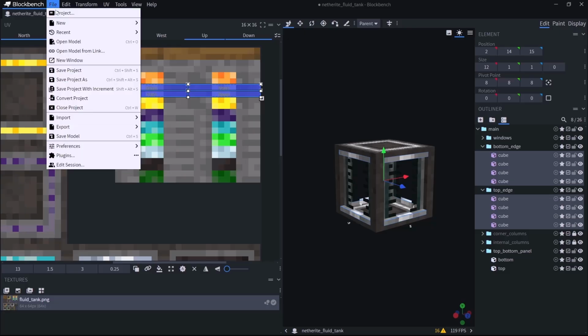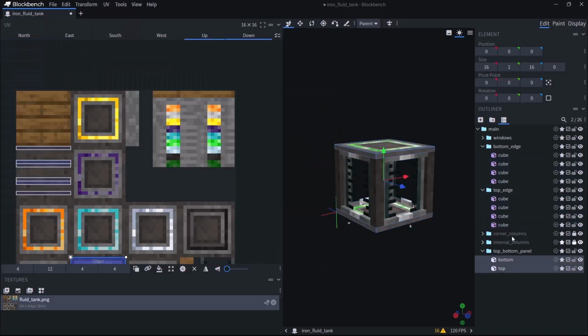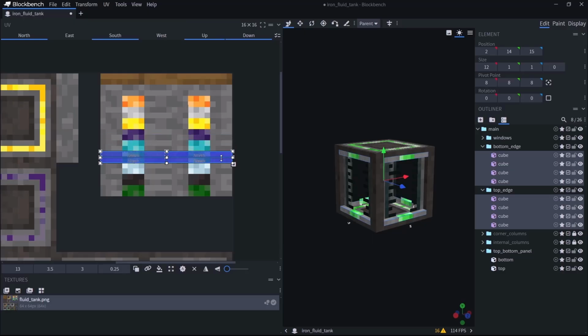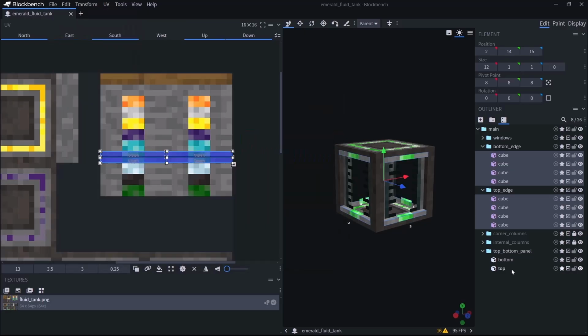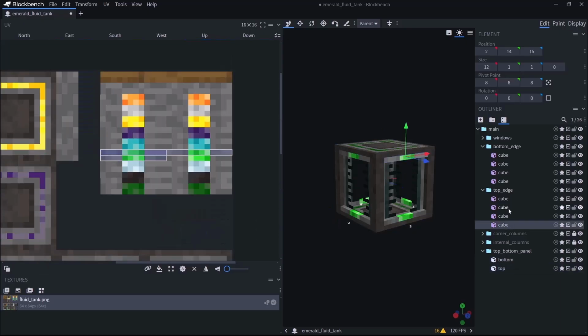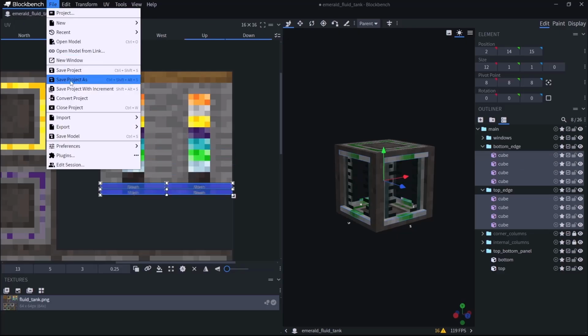This is the iron one. Top, bottom, select all of them, move to place, select these 4, this, and this, select all of them, and this is the emerald. File, save project as emerald, and finally one last time, select all of these, move to place, select all 4, and move them into place. And this is the netherite version. So file, save as the